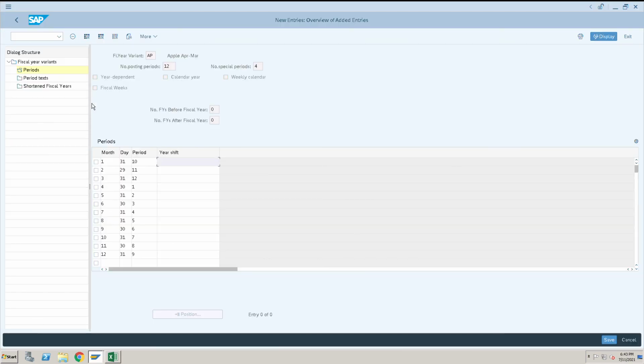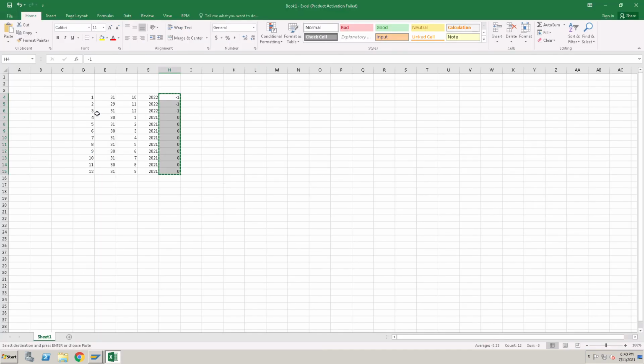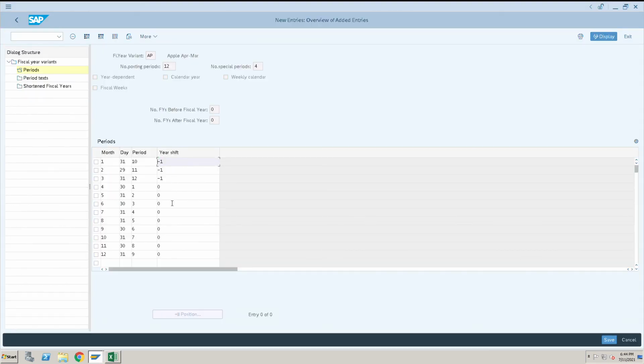Don't maintain the fiscal year directly like 2021, 2022 and all this. You need to always maintain -1, 0 like that and save. This is how we can create our fiscal year.